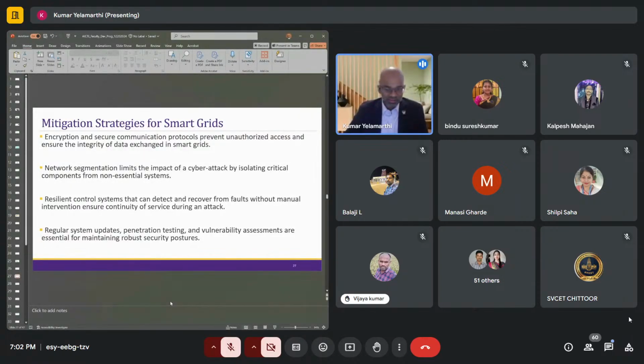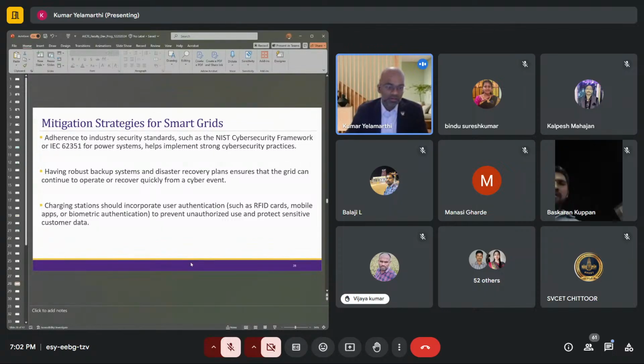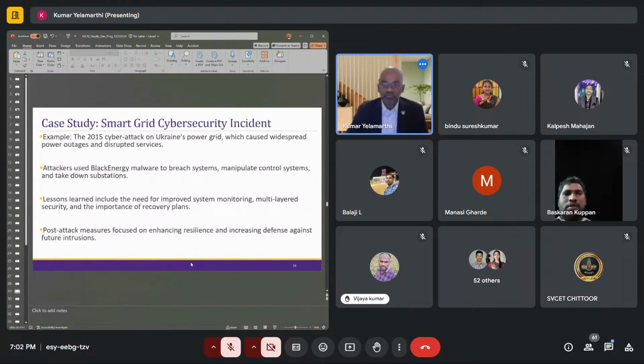Lastly, as I said earlier, you have got to train the system with new data regularly to ensure the system is able to detect any known attacks that are happening. Okay, so there are standards. The nice thing is there are standards you can follow. There are industry frameworks, IEC 62351 for power systems. NIST comes up with numerous standards for that. So utilize the industry standards out there.